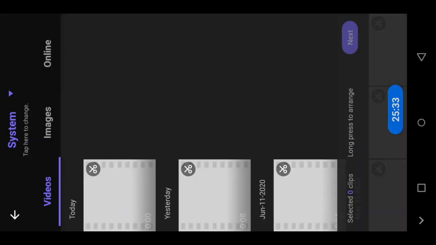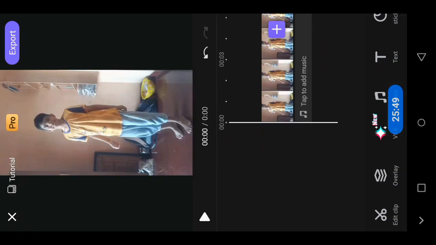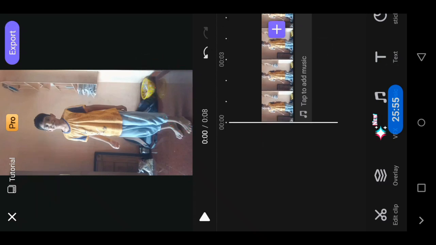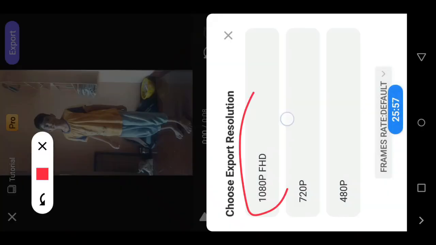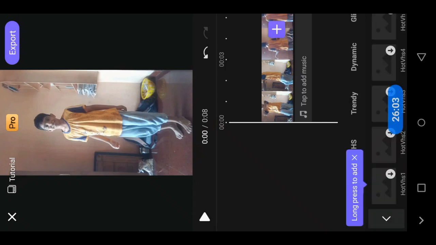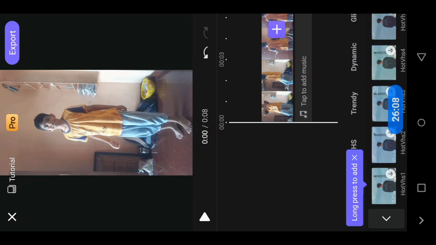So now let's click on random video here. You can see now we don't have a watermark, and when I click on export here, you can see full HD is also unlocked. Now you can see before it was all pro features, now all is unlocked. So in this way you can hack this.